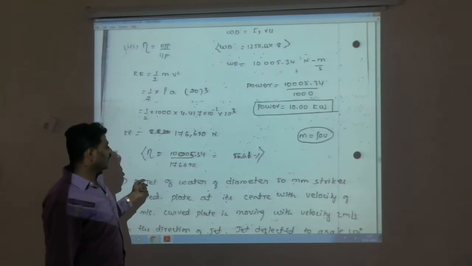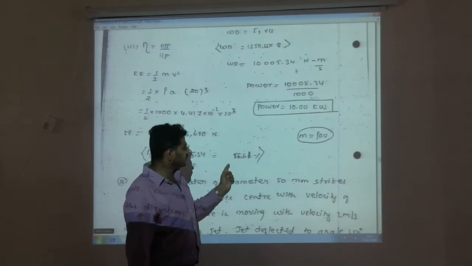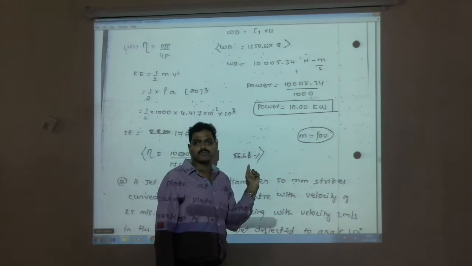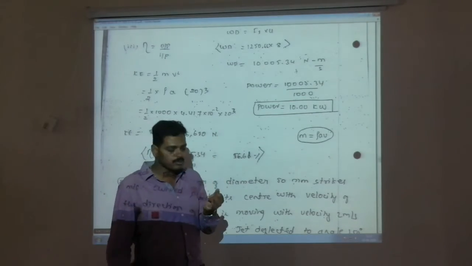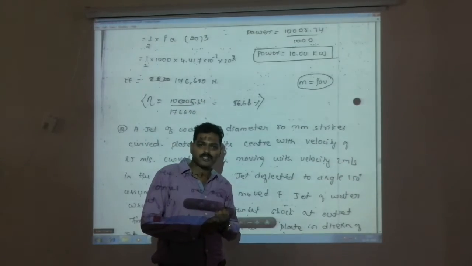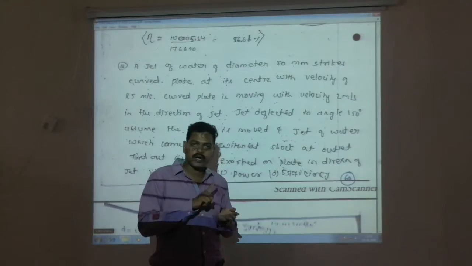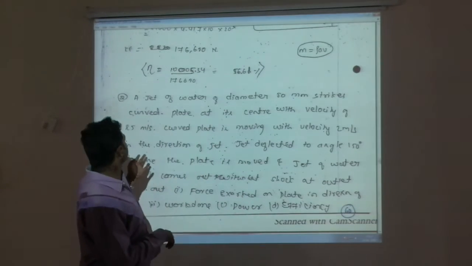So just substitute that and you will get the efficiency as 56.61%. The problem here is that they ask you to find out the force in z direction, work done, power and efficiency. So, the second numerical,